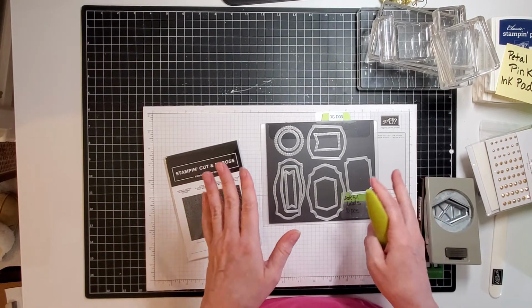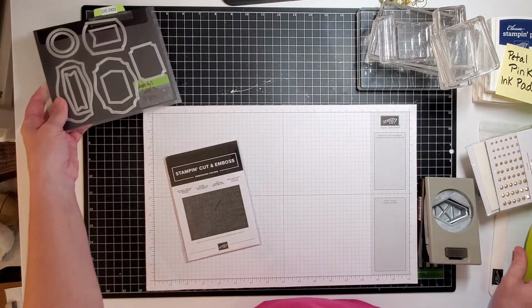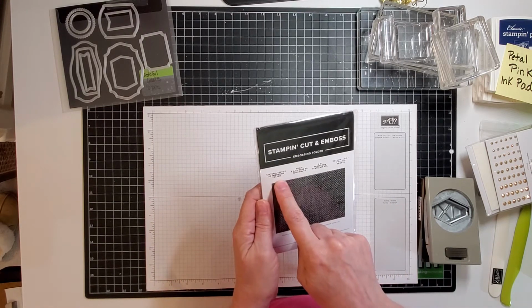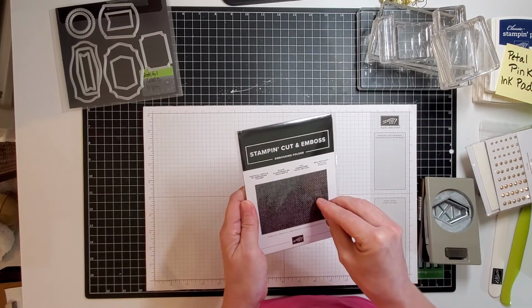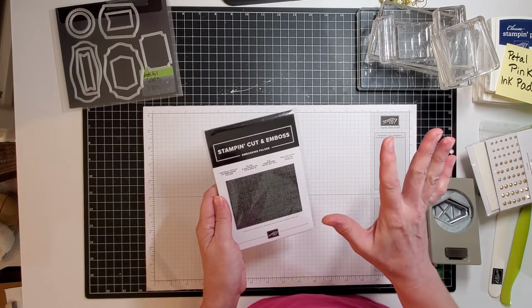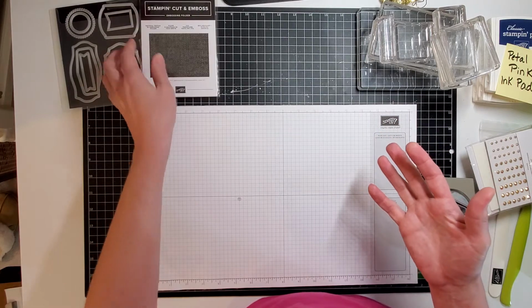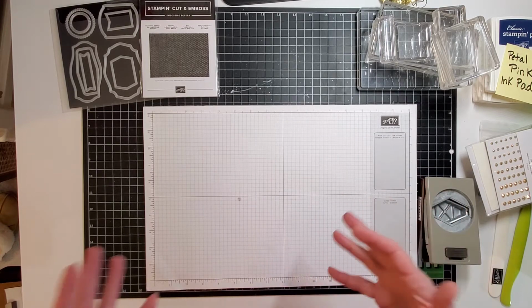That's completely optional, and if you are leaning towards being an experienced stamper and maybe getting a die cutting machine later. If you already have a die cutting machine, you can also get this embossing folder, Tasteful Textures, because eventually I will add to the library with things like the dies and the embossing folder. But in the beginning, the first 8 to 12 videos, the tutorials that I present to you, will not have either of these 2 as part of the options, because I want it geared towards the new stamper who didn't spend $50+ on a die cutting machine, because you're not quite sure whether or not you're going to do this